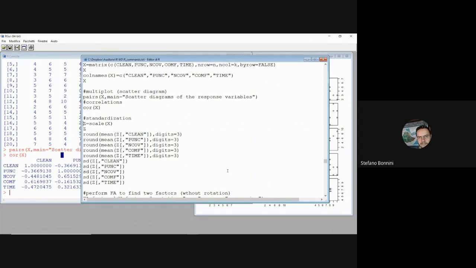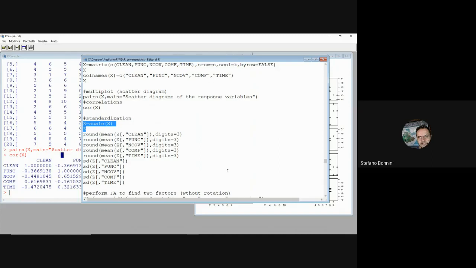This is the standardization of a variable. And you can get the standardization of all the variables, so all the columns of matrix X, our data set, with a scale command. So Z equal to scale of X